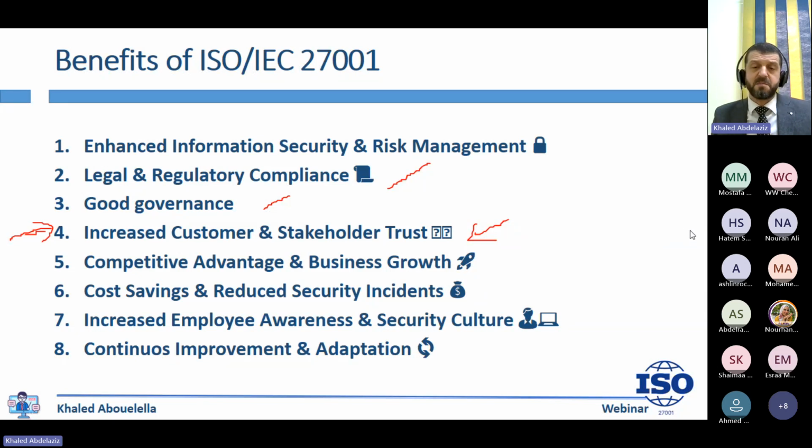Why does it matter? Because of involving a certification audit, or generally involving an independent third party who has no interest in your organization. Certification bodies have no interest in your organization, and they assess your organization's ISMS. This process will play a crucial role to build the customer trust by ensuring you are following security practices that meet international standards.